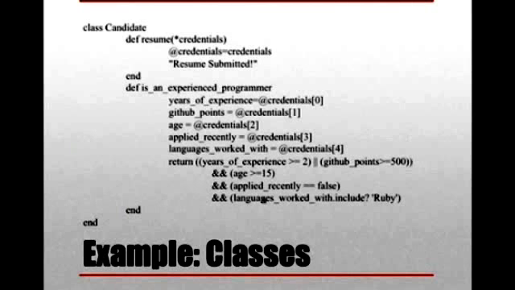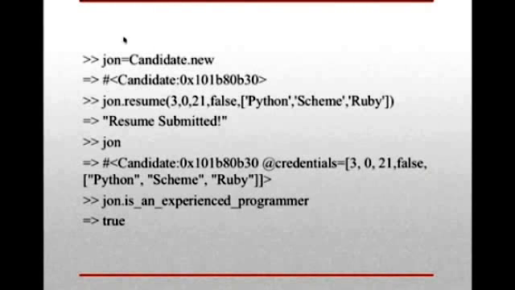And this statement right here is just saying we're going to return that this person is an experienced programmer if they have at least 2 years of experience or at least 500 points on GitHub, if they're at least 15 years old, if they haven't applied recently, and if they've worked with Ruby before. So I submitted my own resume to this, and we can kind of see how this object